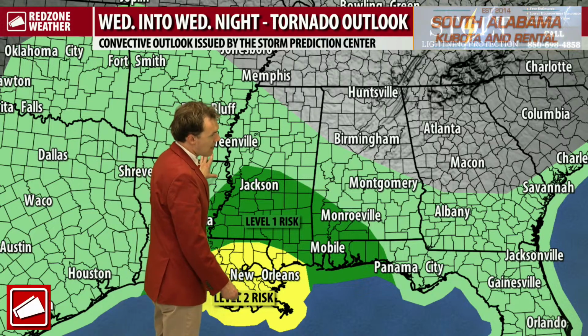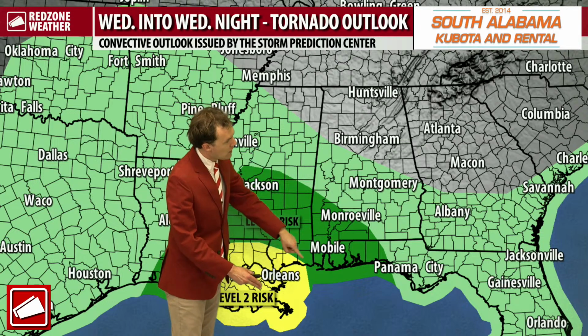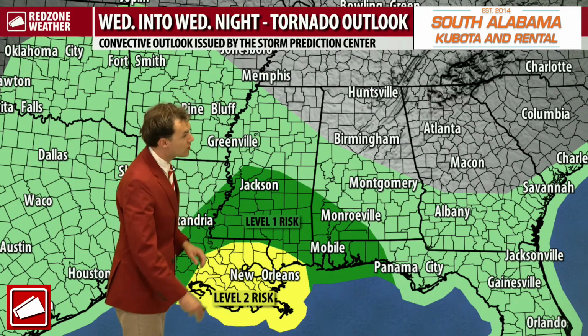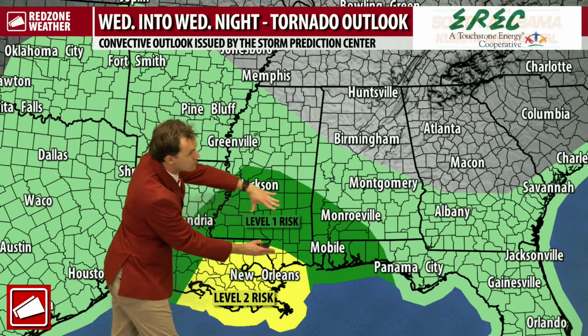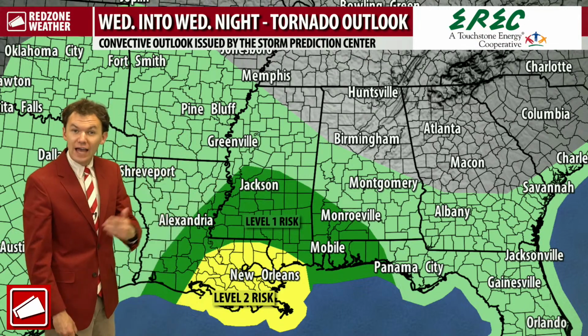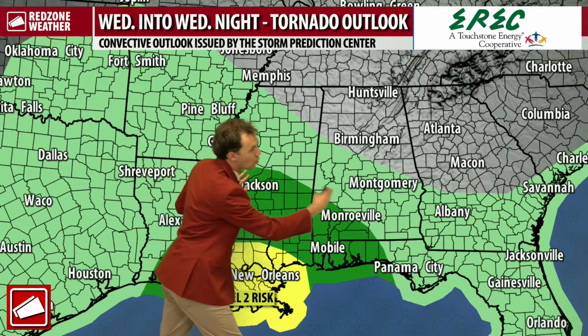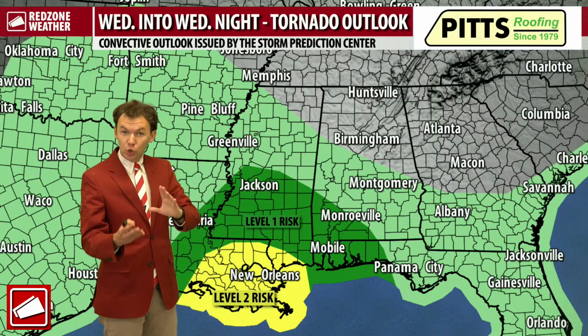You've also got areas here near Ocean Springs, and also areas near Biloxi involved in that level 2 out of 5 tornado risk. You see our zone here in South Alabama, Northwest Florida, and also much of southern Mississippi. You got that low end level 1 out of 5 severe weather risk. And what that means, a few brief spin up tornadoes going to be possible in here Wednesday night into early